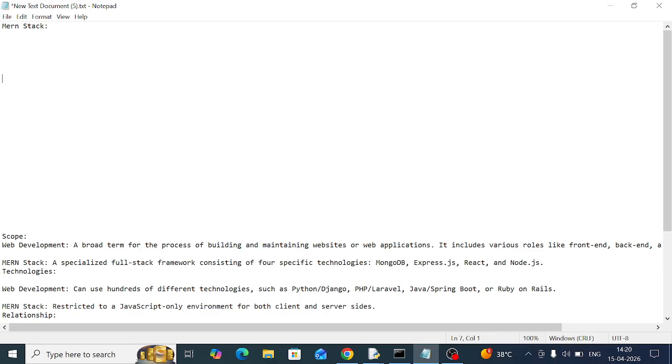MERN Stack. Okay, what is meant by MERN Stack? Those things I will tell you later. Before going to MERN Stack, what I am going to show you today is